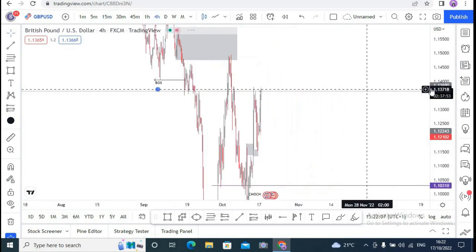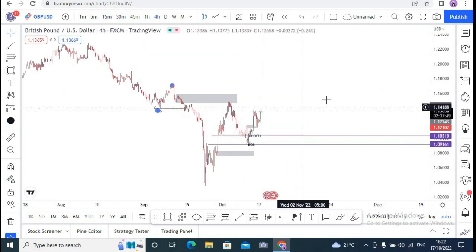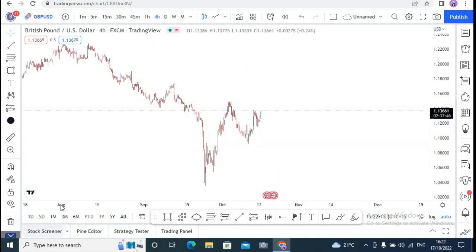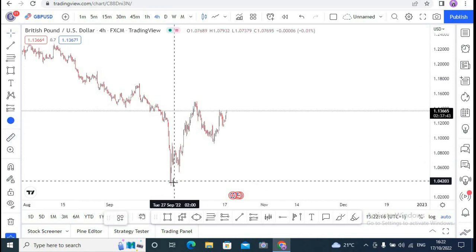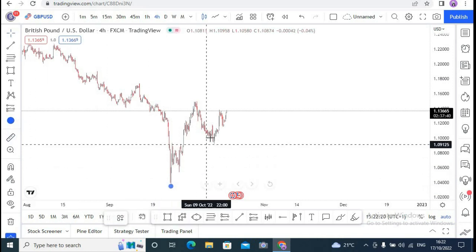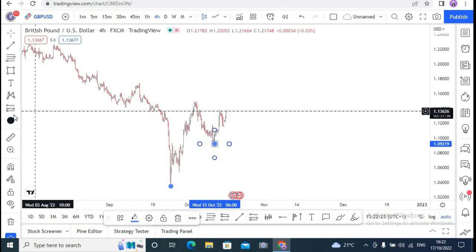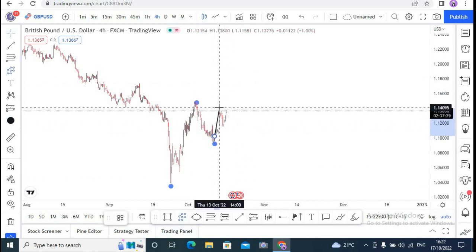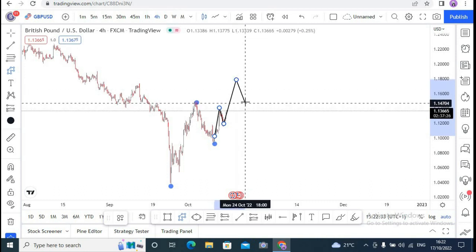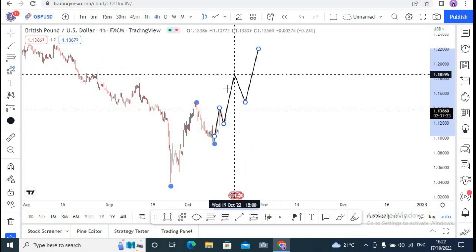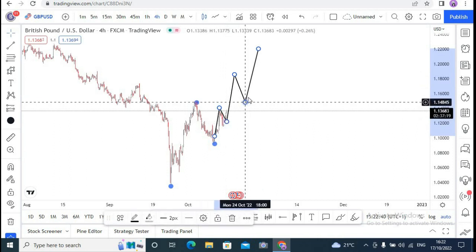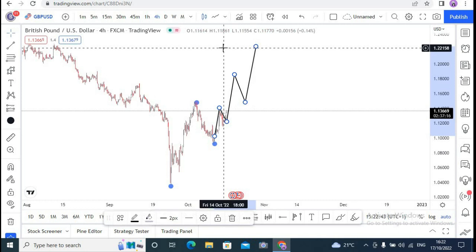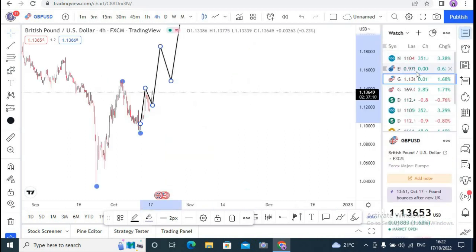So what I'll be looking for, I want to see if price will come and take out this low. But as I said, guys, whenever price comes back to the low and fails to break that low, this will now become a strong low, and this will now become a weak high. So it's possible that the price will come and then take this out, something like this. So we may continue looking for those breaker block levels, and then we'll continue entering. So what I'll be looking for this week, I'm looking for a bullish momentum for now on all the pairs which I have currently shared with you, and I hope this video will help you,